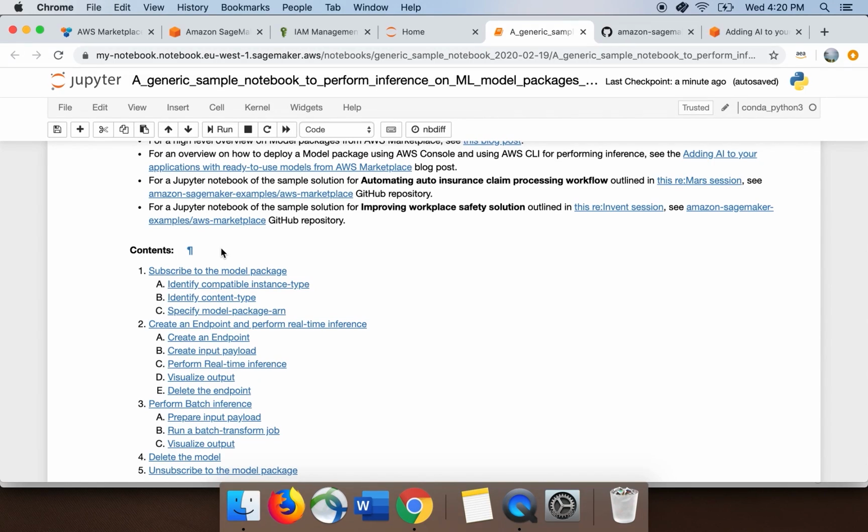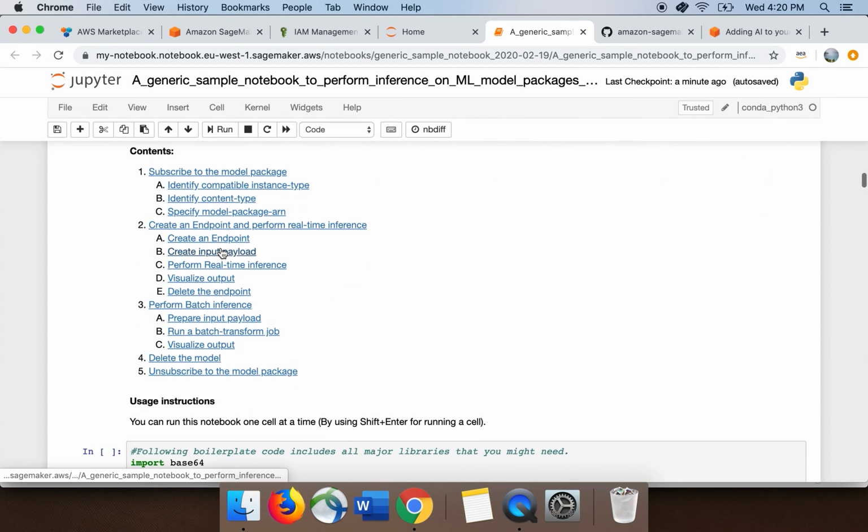Feel free to refer to them as required. And in the table of contents, you can see that there are these 5 major steps that you need to do. First, you need to subscribe to the model package. Then, if you want to perform real-time inference, you want to create an endpoint. And once you have created an